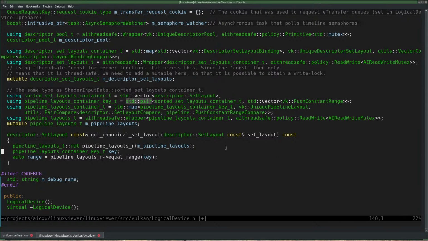It's a pair consisting of a vector of set layouts. Definitely not what I wanted. This is not going to work unless I can pass a predicate. Which means I'll have to write my own